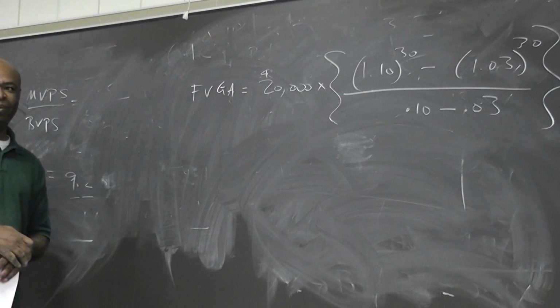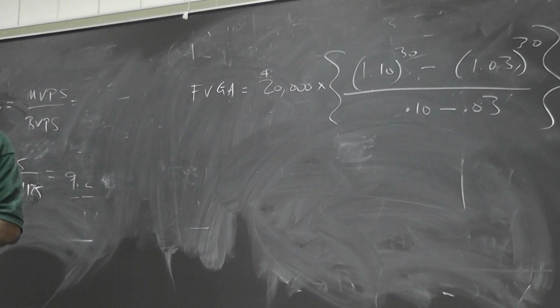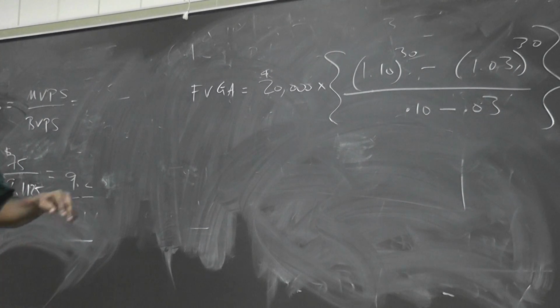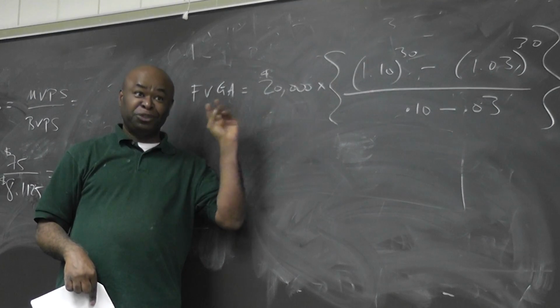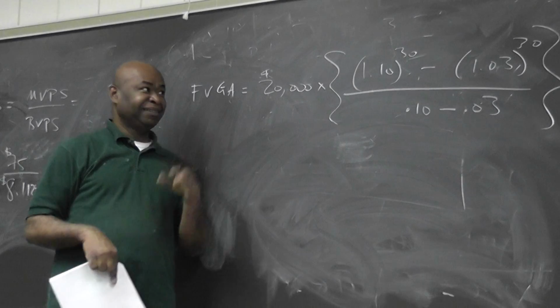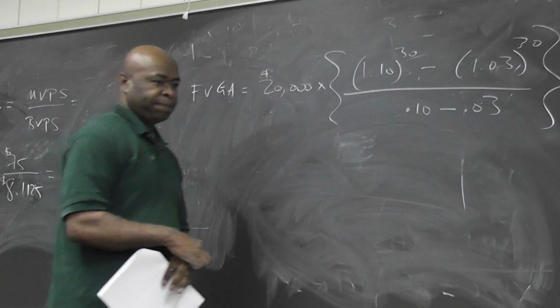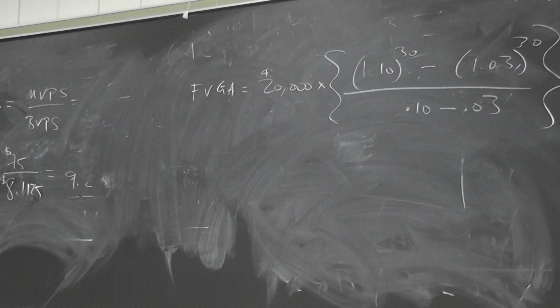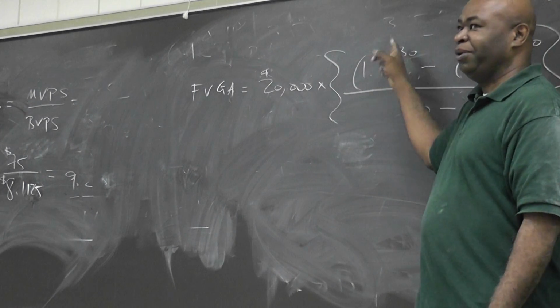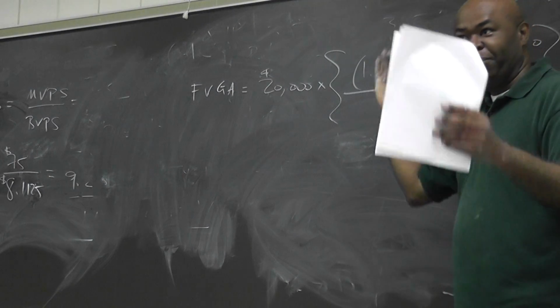Are we done? Obviously not yet, because we have to produce the final answer. Again, remember, when we have a growing annuity, there is no financial key, so we're forced to enter those values into the calculator. Would you know how to do this? I gave you the order of operation. So basically, I would do 1.10, and then raise it to the power 30, minus, and then I open a bracket,